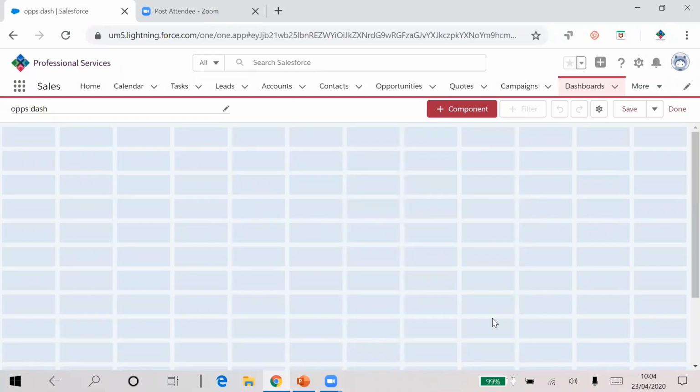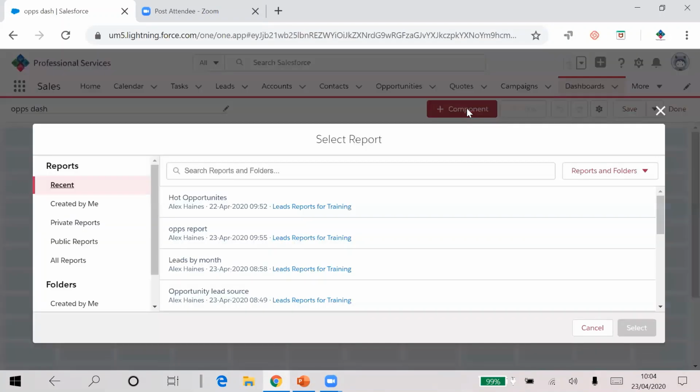Okay, so that brings us to Dashboard Builder. Not a lot to see yet, obviously. So what we're going to do first is just simply add a component. When you click on add a component, that'll come up with all the reports you've created and the folders that contain the reports that you've created. So that's why it's so key to get the reports that you need first,